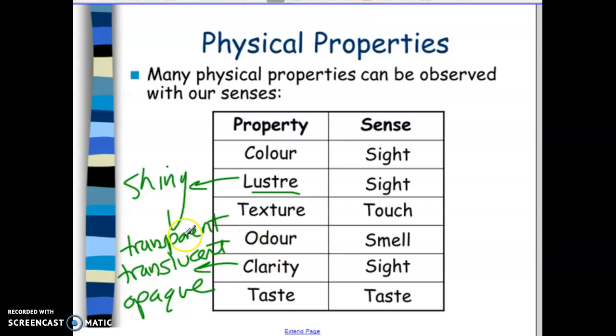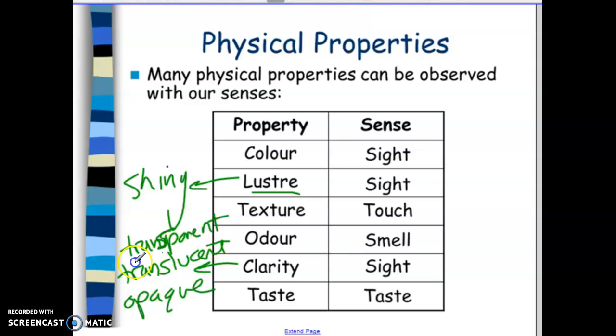Okay, so transparent is another way of saying that something is completely clear, right? But it's just the scientific term for it. So for example, water is transparent. A window glass pane is transparent. Air is